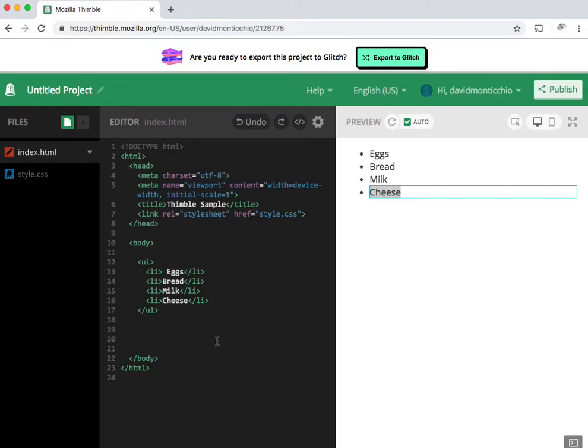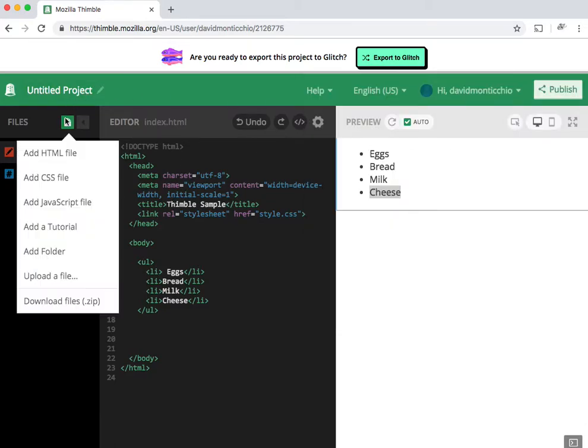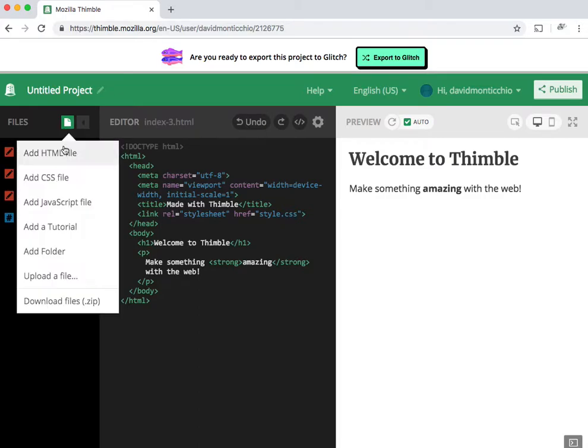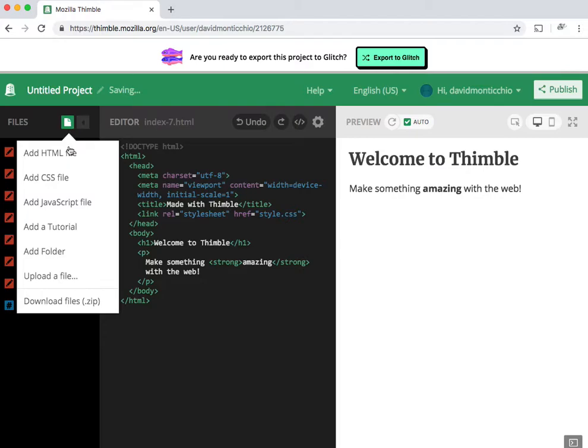So you're just going to make yourself 6 pages, and you're going to submit them all at once. Oh, wait, how am I going to do that? Because I can publish, and there's my Thimble project, but what if I have 1, 2, 3, 4, 6 pages here? I'm going to have like 7 pages if I count this cascading style sheet. What should I do? I'm glad you asked, because under this green button here, you also have the option to